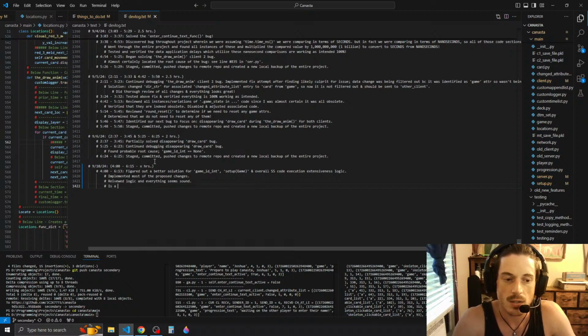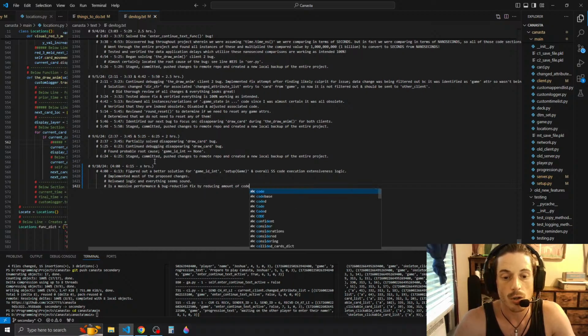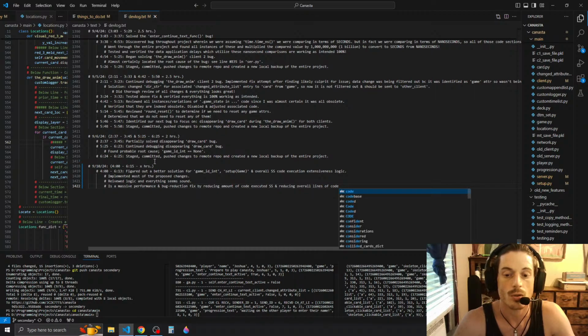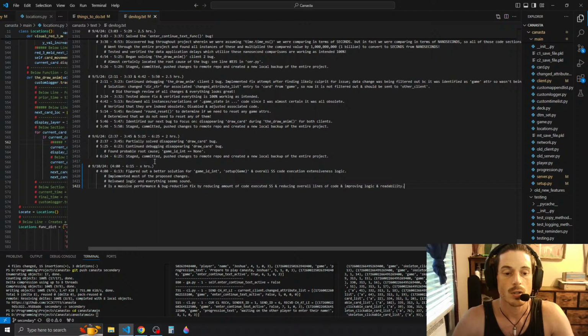Is a massive performance and bug reduction fix by reducing amount of code executed server side, and reducing overall lines of code and improving logic and readability. So major W there for our coding,